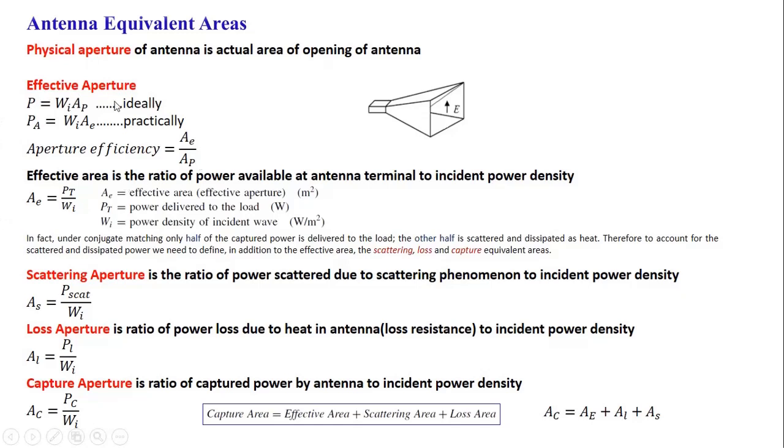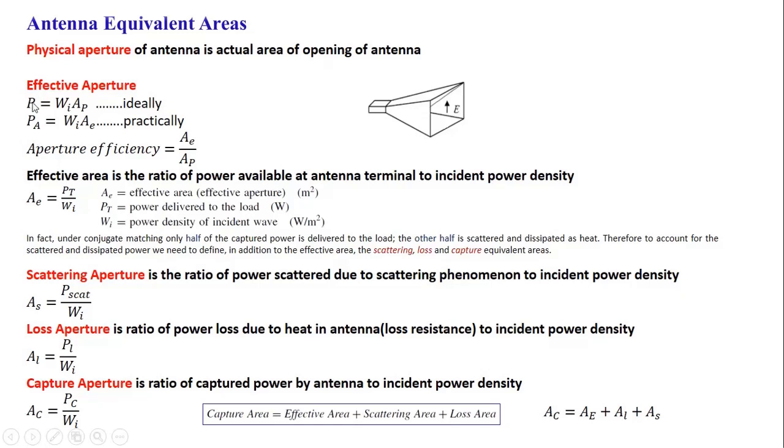Now we will see what is effective aperture. In the physical aperture, we assume that the area of the opening will provide us the induced voltage at the receiver. But this doesn't happen practically. There might be some inequalities in the borders of the receiving antenna, or some other parameters may affect this. So there must be a zero EMF induced on the walls of the antenna. Because of this, there are some losses happening.